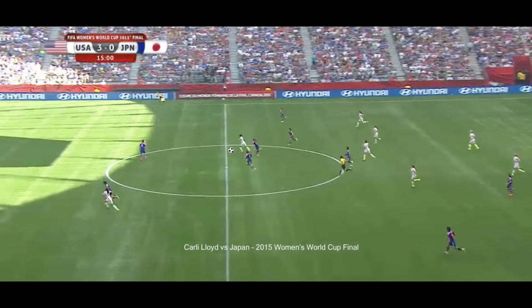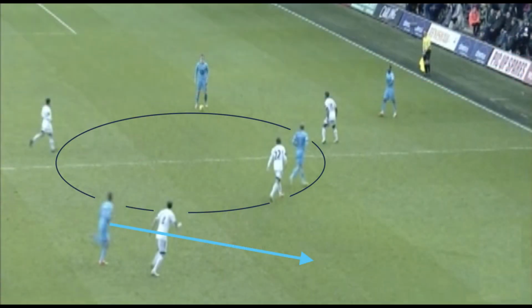We all remember what Carli Lloyd did in the 2015 World Cup final against Japan, when just as she crossed midfield, she was able to chip the Japanese goalkeeper from that distance. And she did it because nobody was pressing her and nobody prevented her from shooting from it. It's not always just taking a shot though.